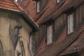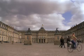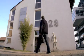I was always fascinated by the power you have when you create something, because you're only really limited by your imagination. And with the right tools, you can really make something that's awesome. Cultured Code is a software development company in Stuttgart, Germany, and we're the developers of a task management application called